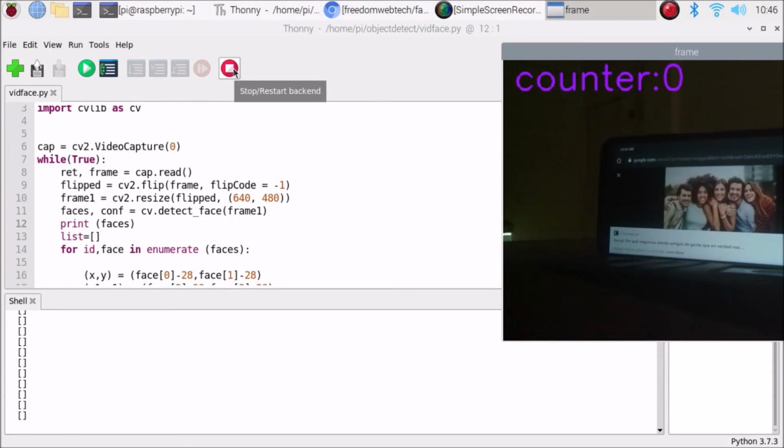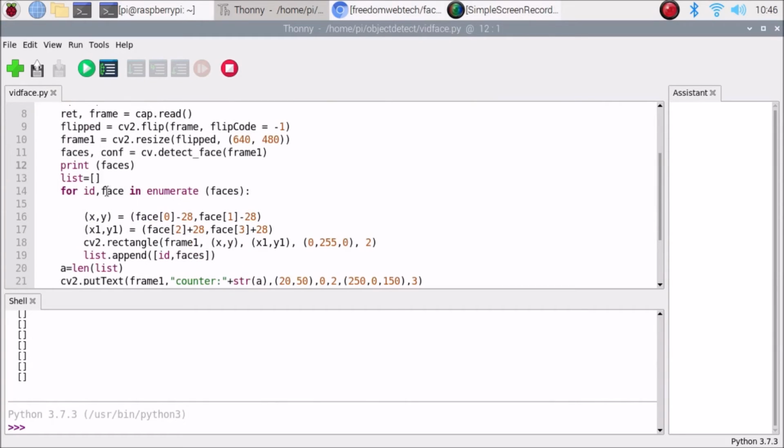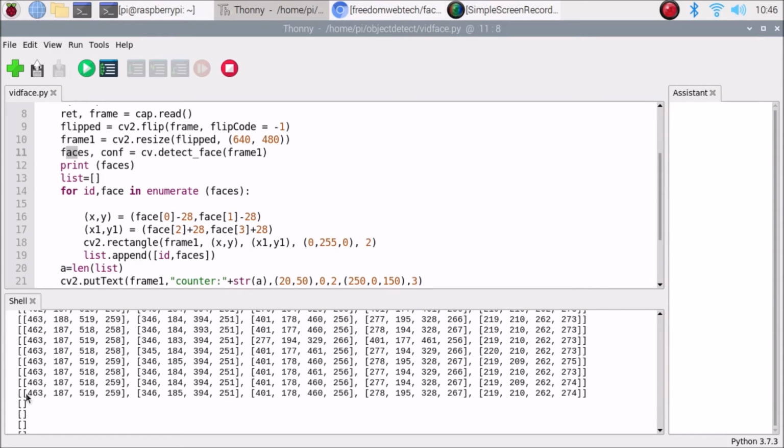After we detect the faces, we have the coordinates, and we are going to use them with the help of a for loop: for idx, face in enumerate(faces). This is the faces variable, and inside that we use the 0 value, as you can see: this one is 0, this one is 1, this one is 2, and this one is 3. So we have the coordinates, and we are going to use them one by one.